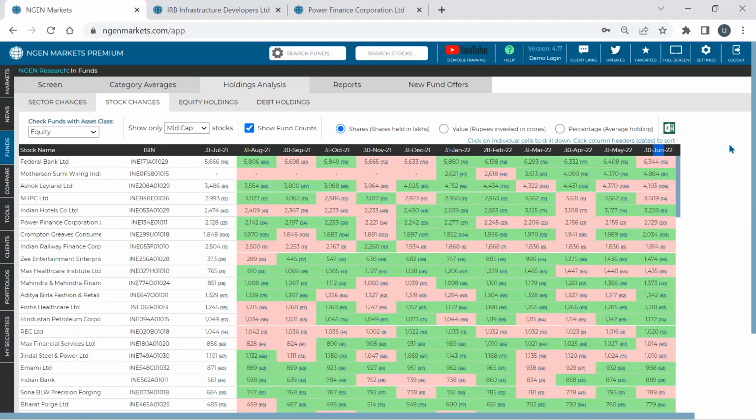So any other questions? Yeah, we had a different question, not related to this training. Is it possible to get the details of AMC age? So when a particular fund management company was started, the number of funds it has, and the total AUM the fund company has, and things like that.